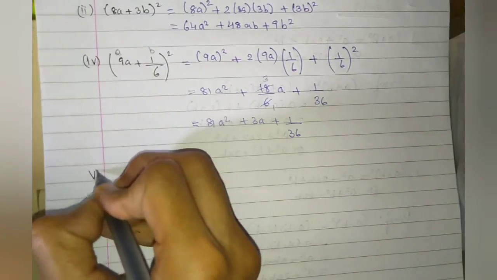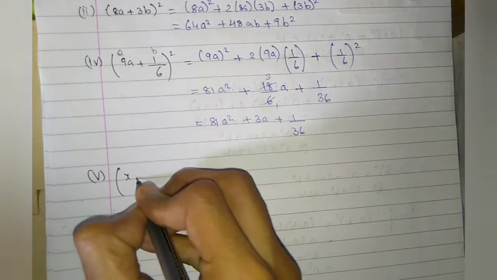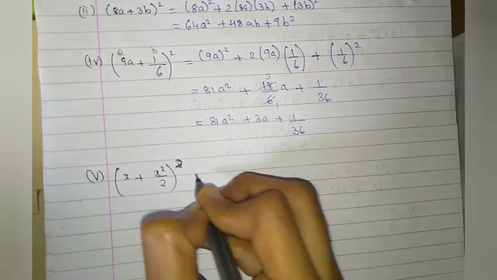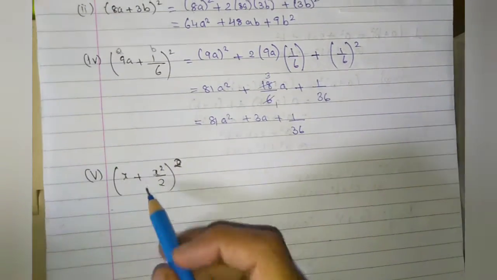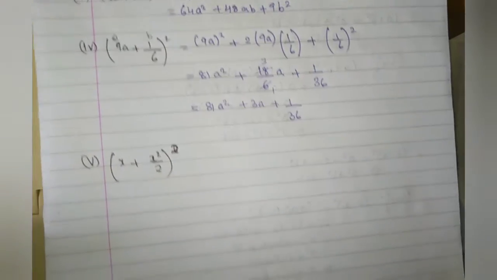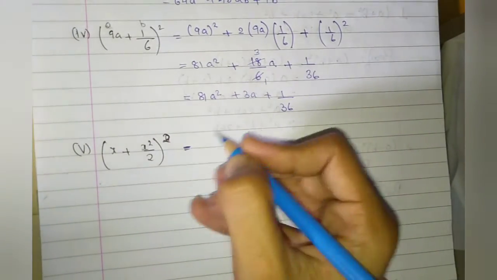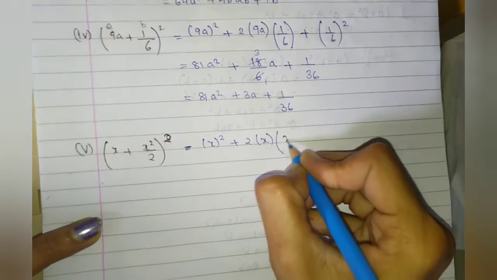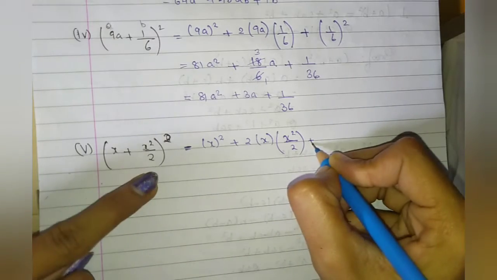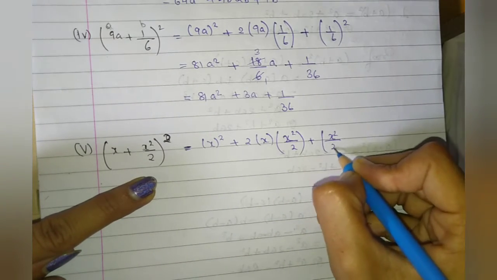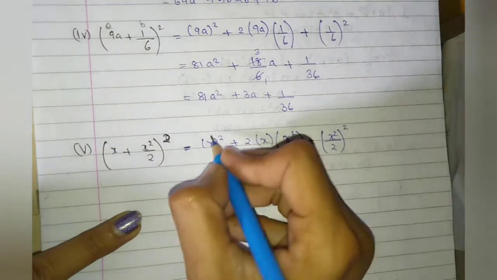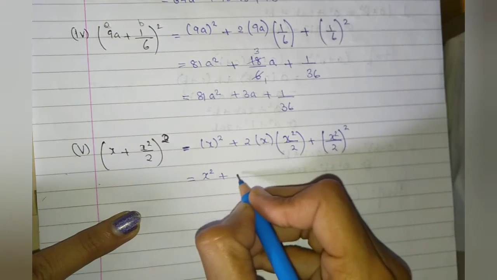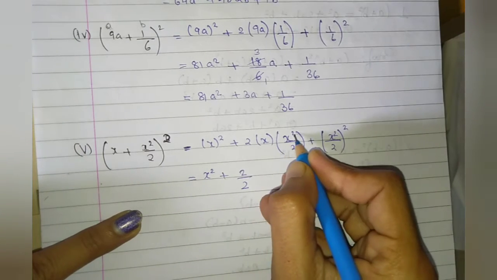Question is x plus x square by 2 raised to 2. We are using here only plus because plus identity, because here all have the plus identity only. Okay, so equal to x square plus 2 into x square plus 2 plus b is x square upon 2 whole square. Okay, so equal to x raised to square plus 2 upon 2, x into x square is x